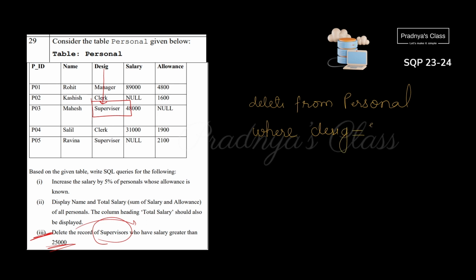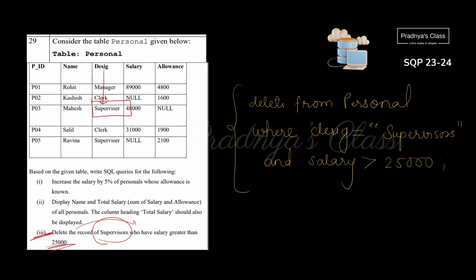So we will be providing it here. Supervisor. There is one more condition that we can mention with the AND operator, and salary should be greater than 25,000. So the query will look like this. If we run this query, one record will get deleted because this supervisor is not satisfying the criteria of the salary. It is null. Hope you understood this explanation.